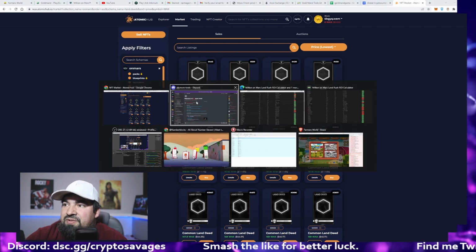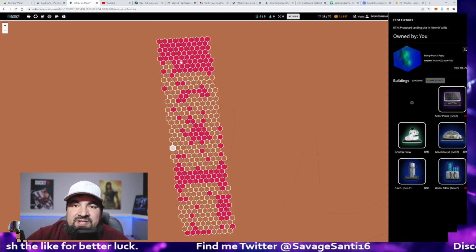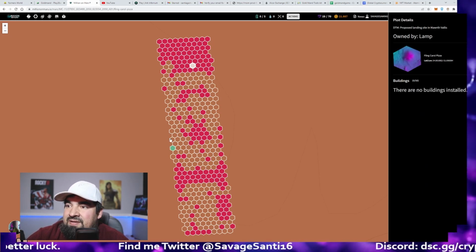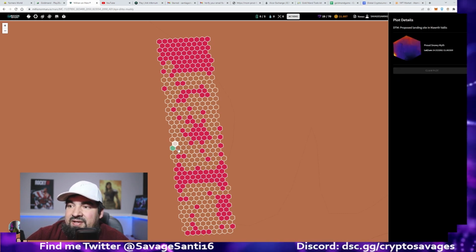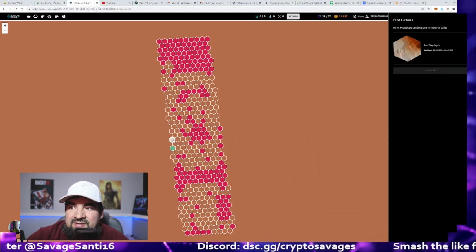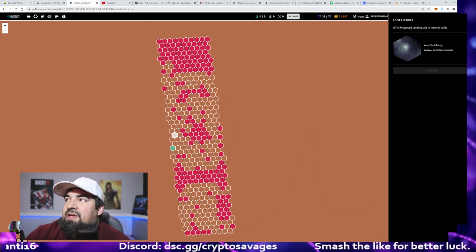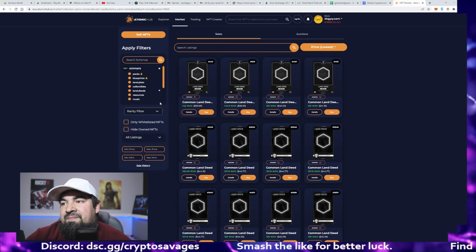If we go over to my game here, the red areas are already taken, and the ones that are orange are available. So I could claim a lot of these next to me and start building some more things. It's up to you which way you want to go. If you do buy the land already placed,